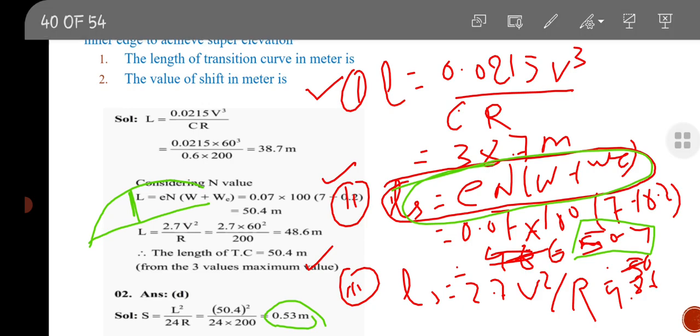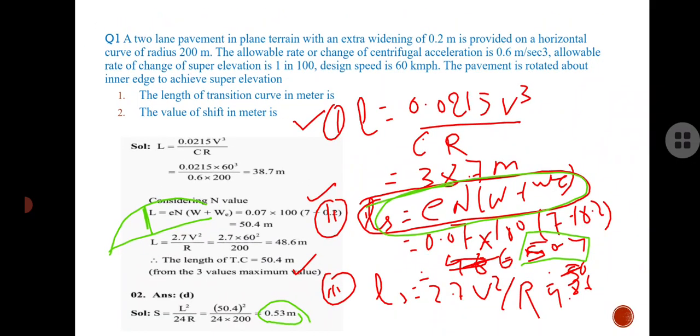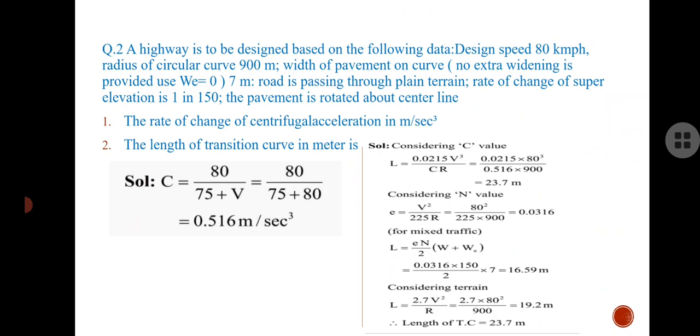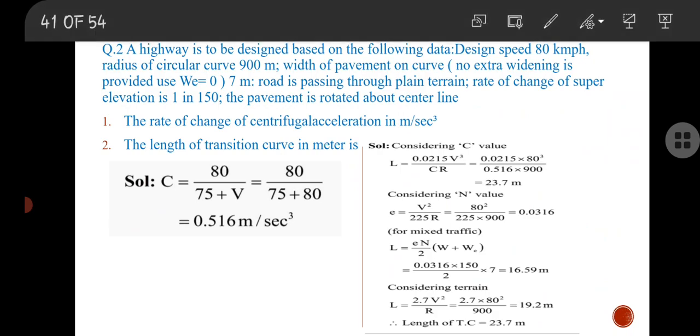Okay, coming to the second problem. Here is the second question. On a highway, to design, this is a design question. In a design question, the design speed is given as 80 kmph and radius of curve 1900 meter. No extra widening, means We is equal to 0, and width of pavement W is given as 7 meter. A road is passing through plain terrain, for which the IRC formula will be